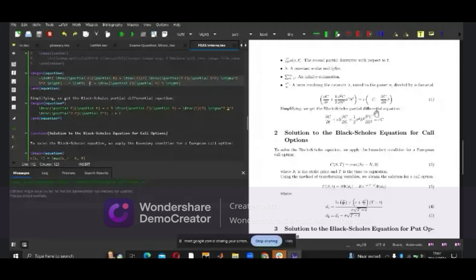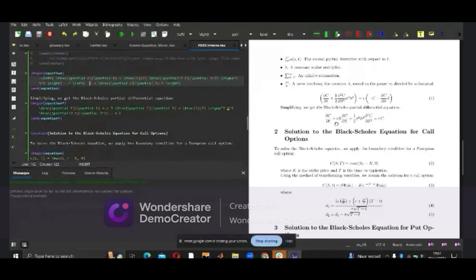So here, what happened? They open the bracket because they want to shuffle it. They multiply this by this, multiply this by this, and you have this. So you now collect the like terms. So we say the partial of C with respect to T, which is this, plus rX, where rX is this multiplied by this X, and then the partial of C with respect to X is this. Then plus 1 over 2,